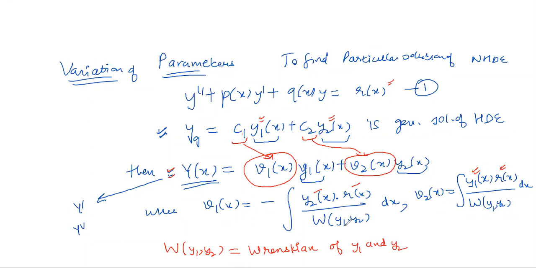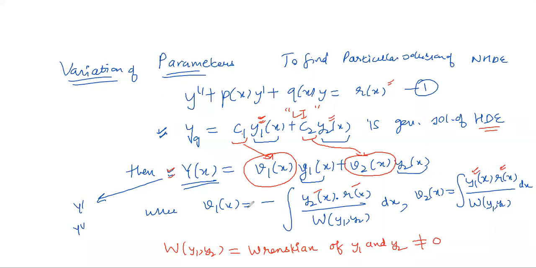Is it okay to divide by the Wronskian? What is the guarantee that the Wronskian is always going to be non-zero? Again, it is a question I'm asking, and we should know the answer. What is the assumption which tells me this should be non-zero? Because the y1 and y2 we write in the general solution of the homogeneous differential equation are linearly independent. So we will never have trouble with the Wronskian becoming zero. It is always a non-zero quantity. Once you have this, you can do the calculation and get your answer.